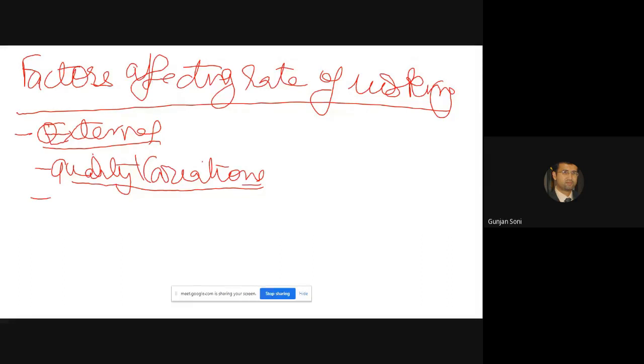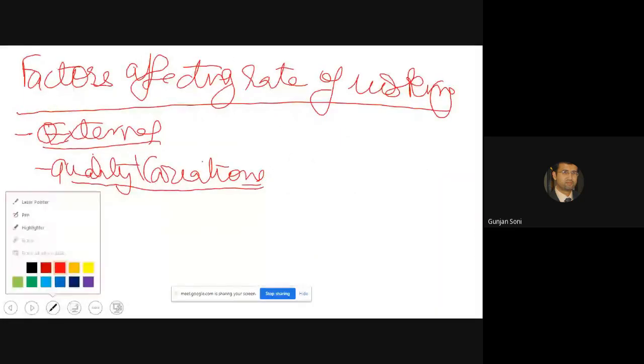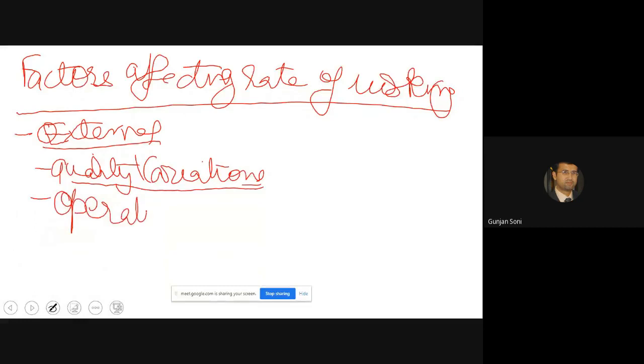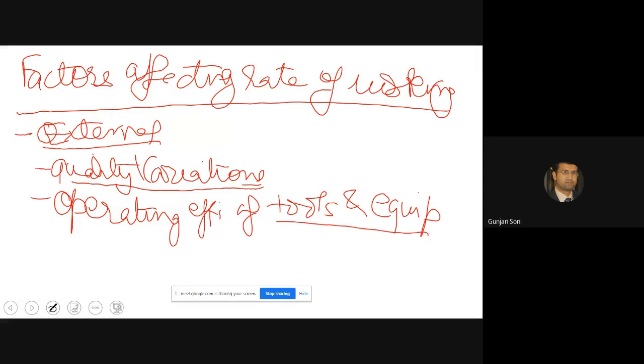Then we have operating efficiency of tools and equipment. Now you can clearly see that if a certain tool has worn out, what can you do?